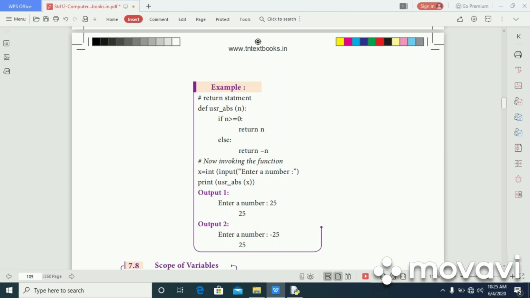Enter a number: 25. It checks the condition, 25 is greater than or equal to 0, so it returns the value 25. And if we enter minus 25, it checks the value, and after invoking the function, the output is 25.